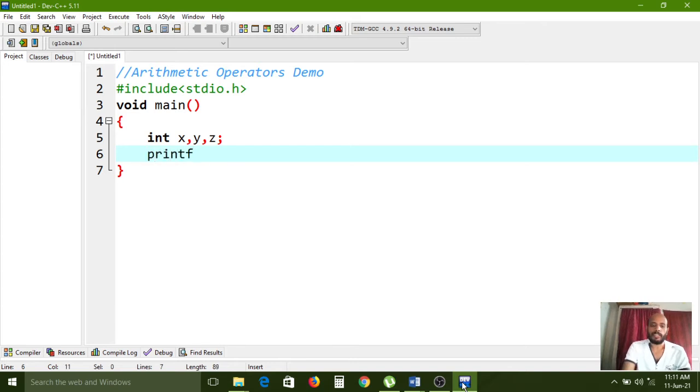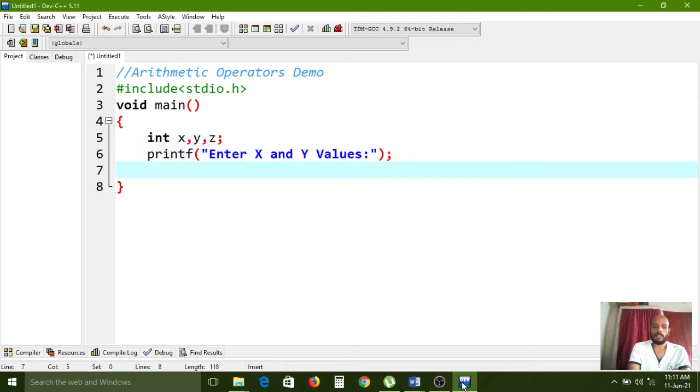Now I am using the printf function. Three variables I have declared, int type variables x, y, z. By using the printf function I want to print a message on the console window: enter x and y values. By reading this message, the user wants to enter x and y values.